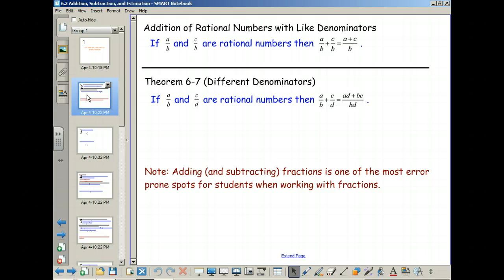The first one is that they actually have denominators that already match. So if you have fractions that have denominators that already match, in this case you see a over b plus c over b, then the denominator already has that feature in common, and we just add the numerators together. And an imagery of why that works for us, let's just say that you had a pie,